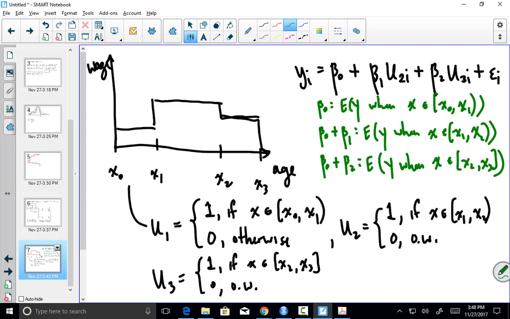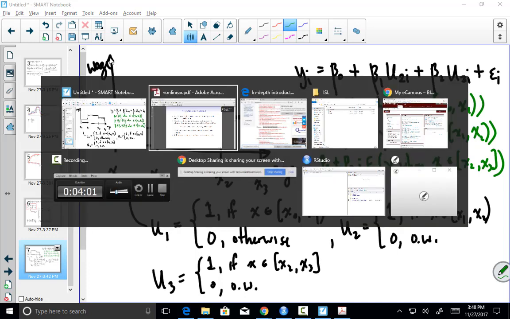Big picture, what I want you to get from this is you can fit arbitrary regression type of functions. Okay? Certainly you can fit a line. That's basic linear regression. You can fit quadratics and other polynomials by just replacing x with x and x squared and x cubed and so on. You can fit step functions by using dummy variables. And we can keep going. There's additional ways,